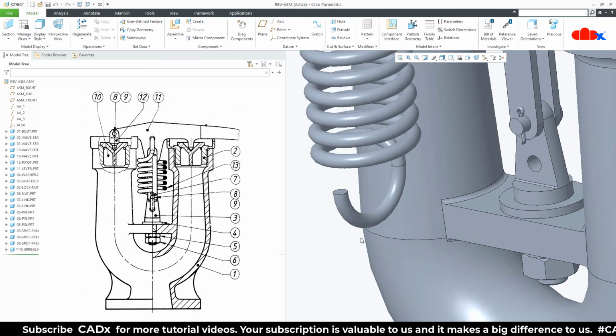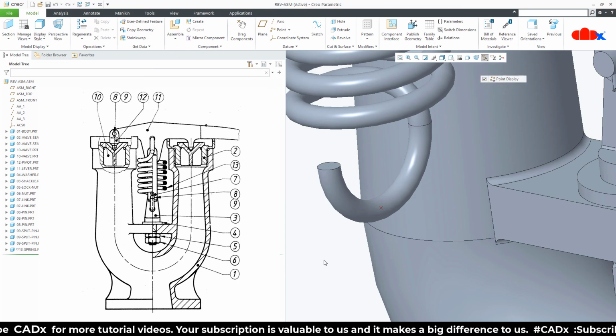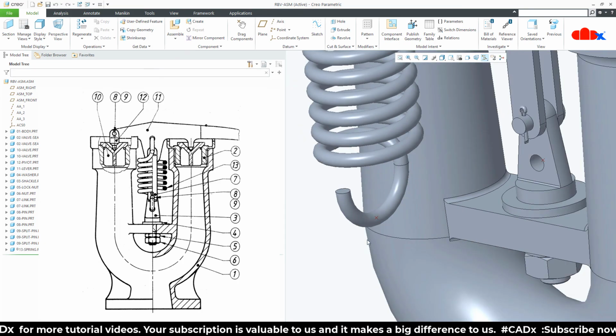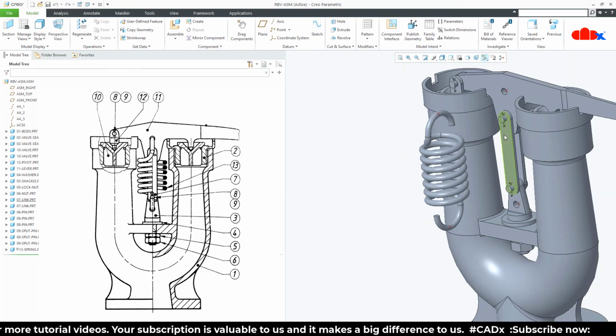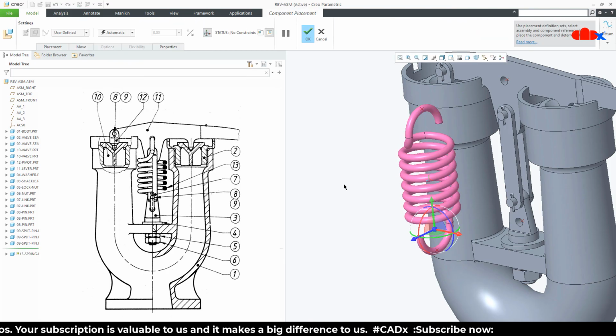So now if you switch on your datum point, you have a datum point here, here, then here and here. Now you assemble this spring. It will be very easy to assemble it.